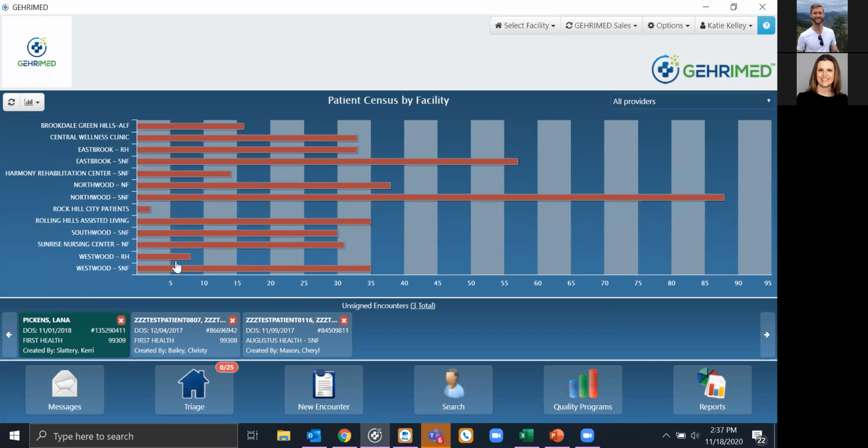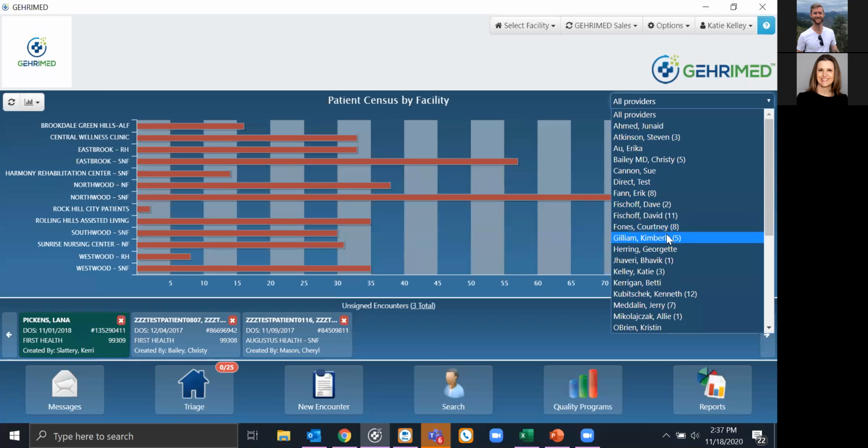So we're not exposing anybody's PII or PHI as I go here, but it is going to look and feel very much like your GEHRIMED environment, with the exception of maybe some intricacies in the templates, because you can customize templates to meet your own needs. Otherwise, what you see here is going to look and feel the same as what you see when you're logged in. So if I pop back to just my own facilities,